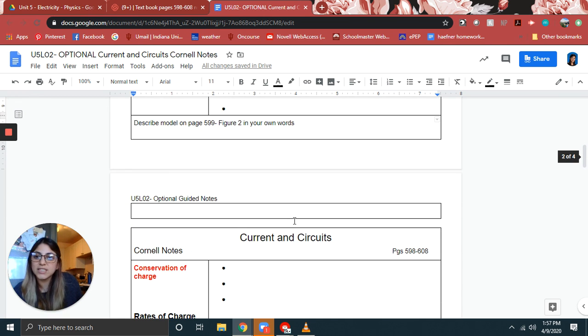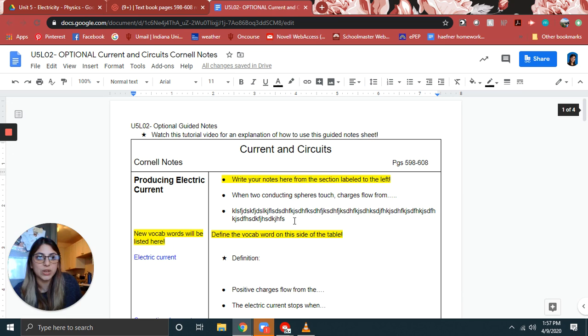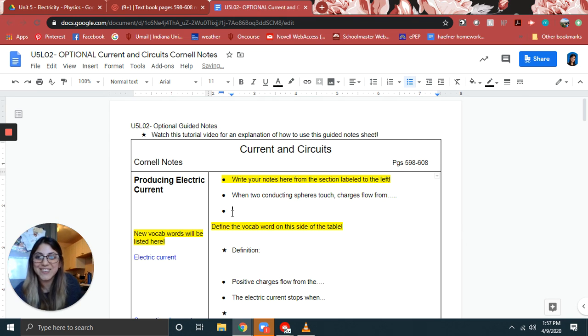Okay, so that's just kind of an idea of how you can use Cornell notes. I have a little bit of information for you that's highlighted. So please make sure that you are doing your best on your notes. If you have any questions, let your teacher know, especially during office